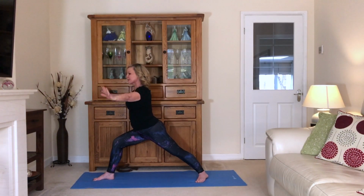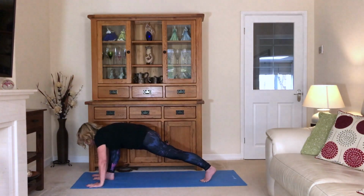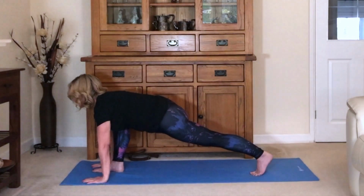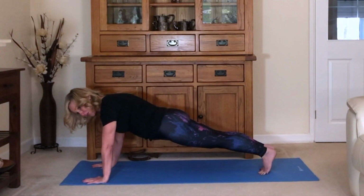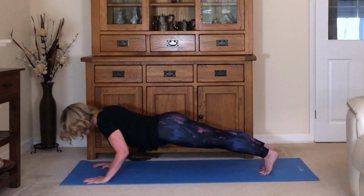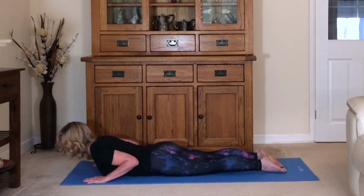And then bring your hands either side of the front foot. Come on your back toe, so you're in a lunge and stretch forward, pressing back with the heel, reaching forward with the chest, and then step yourself back into a nice straight plank. Knees down if you want to. Lower yourself slowly to the mat. Legs come straight, press up